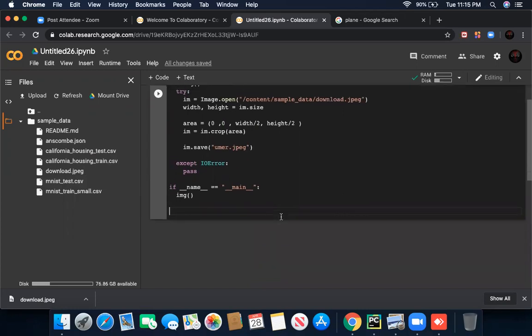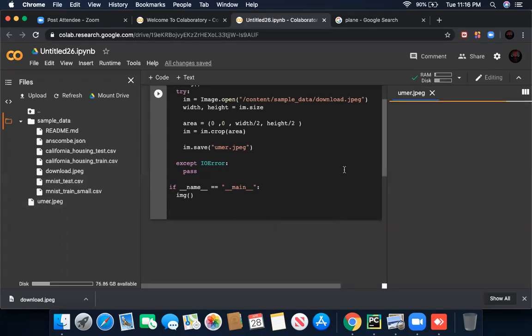Actually, the image will be displayed in front of the screen because we just displayed it. It will save your image with the name Umar. Here is the plain image. Your image can be displayed in front of your screen.